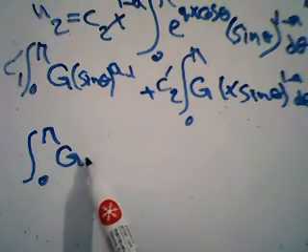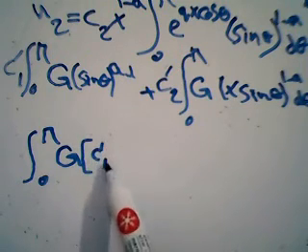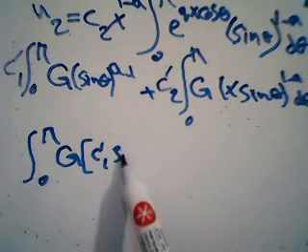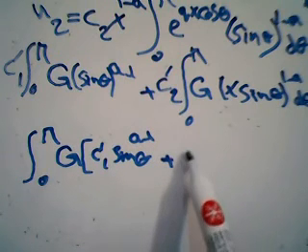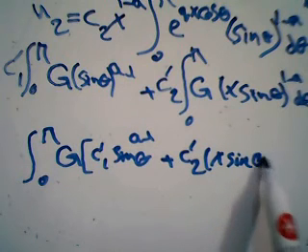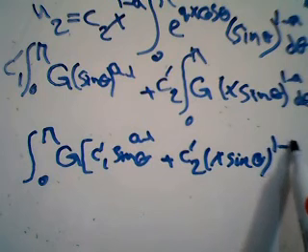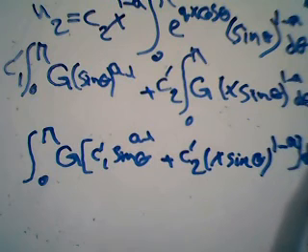That would be g, c prime 1 sine theta a minus 1, plus c prime 2 x sine theta to 1 minus a, and the whole thing d theta here. Okay, now